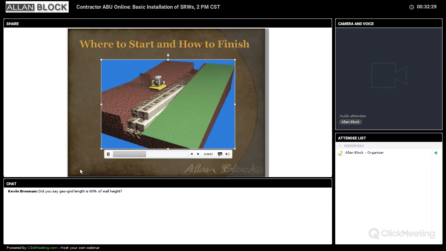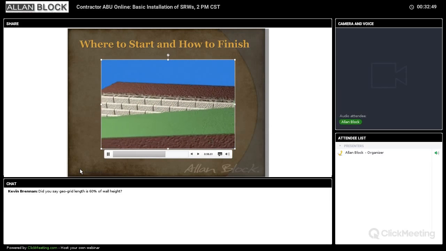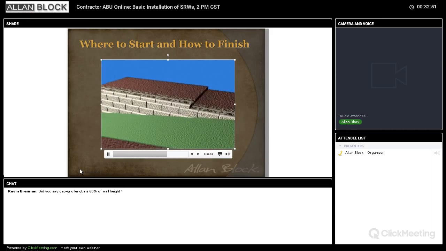So that each course is going to terminate after that block has passed the finished grade at the front of the wall. And then as we're going to turn around here shortly and we're going to start moving backwards, we're going to start stepping up in the other direction. So now maybe the slope above is heading back the other direction, and we're stopping the course there. We want to make sure we're doing our proper compaction,